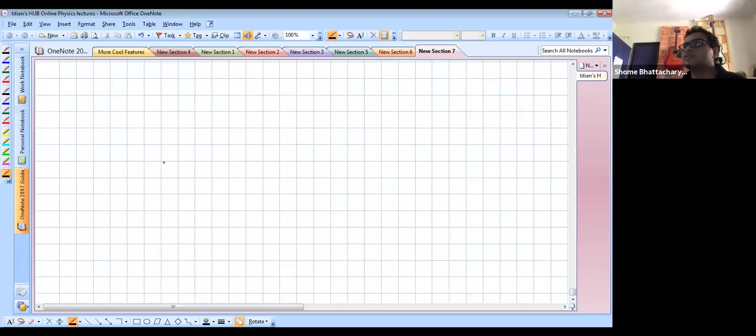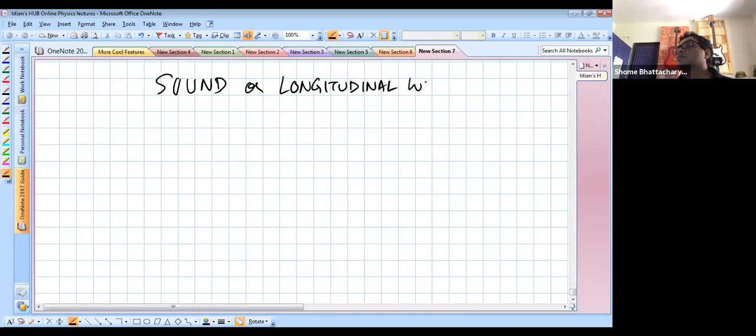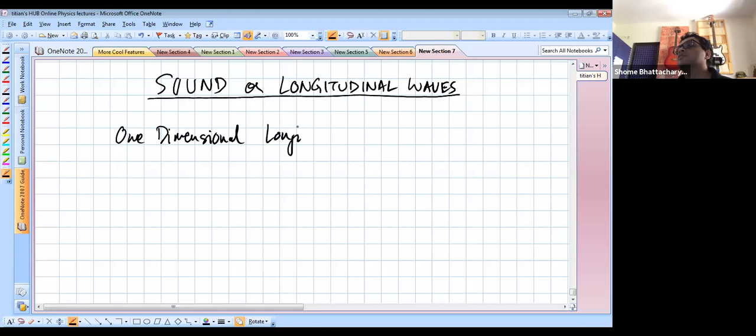Whereas the part of sound which is going to be very different, which is Doppler's effect and beats, we'll finish up in the next session. So sound, or what we call longitudinal waves, later we'll see, we also call these pressure waves. Okay. So one dimensional longitudinal waves,